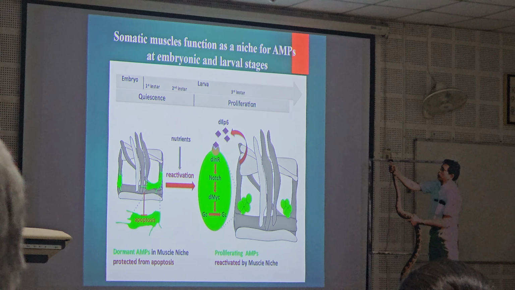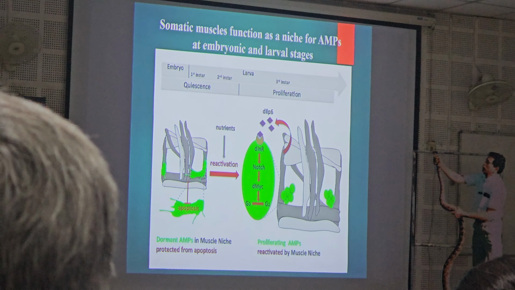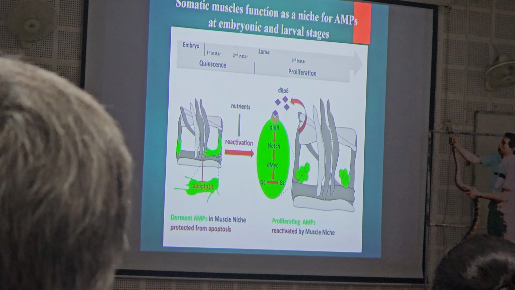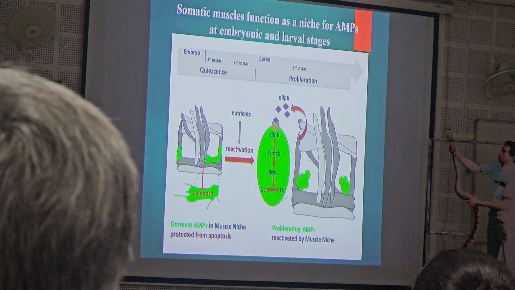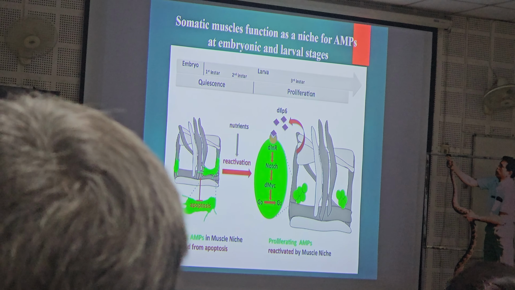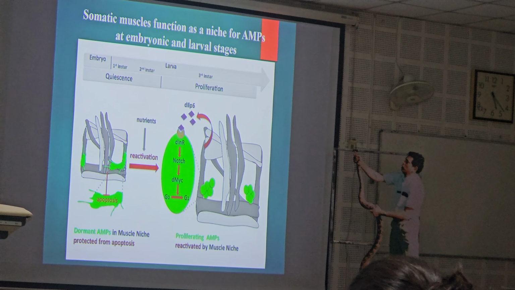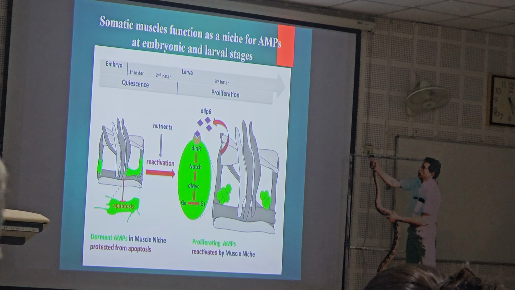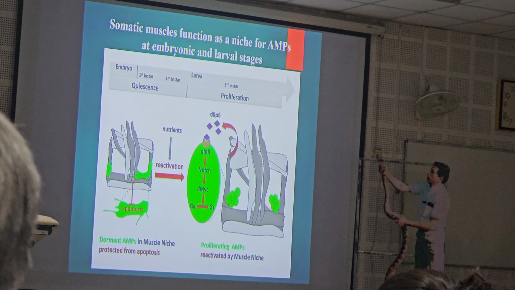So we wanted to address this by simply doing a transcriptome analysis, but I don't know if you have worked with Drosophila, or you can think about even a mouse having a small tissue. It's not possible to just take this cell and isolate RNA, right? It will be almost impossible technically. So